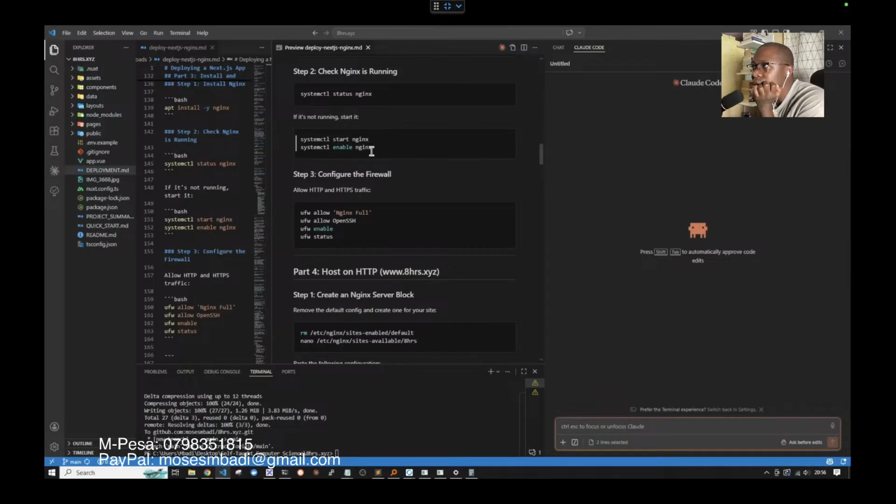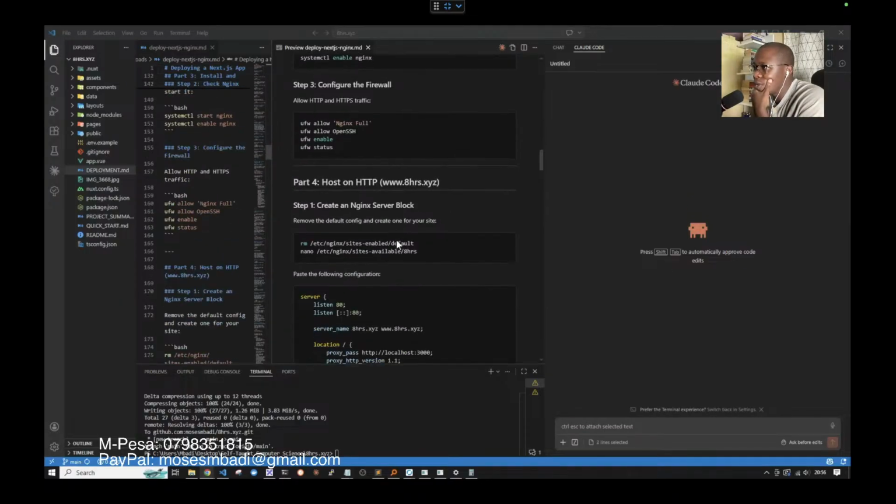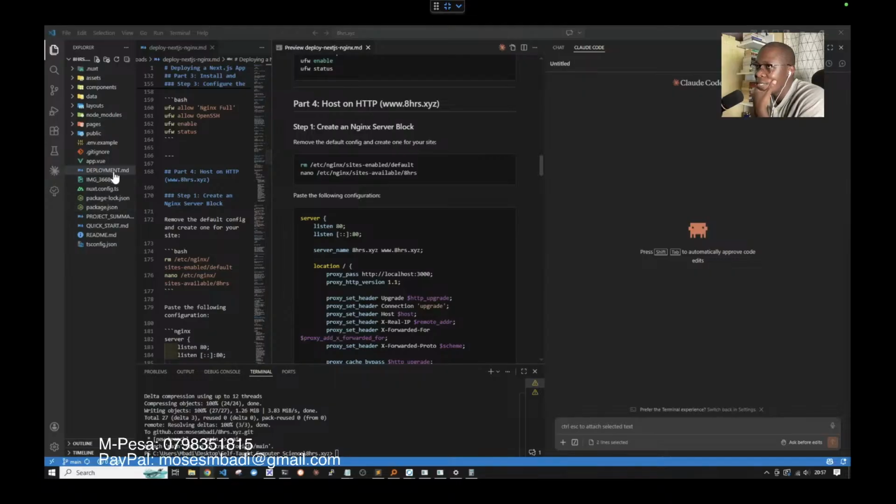Start Nginx, enable Nginx. So we can ask Cloud Code if this instruction is wrong. So we can say I have followed the instructions in